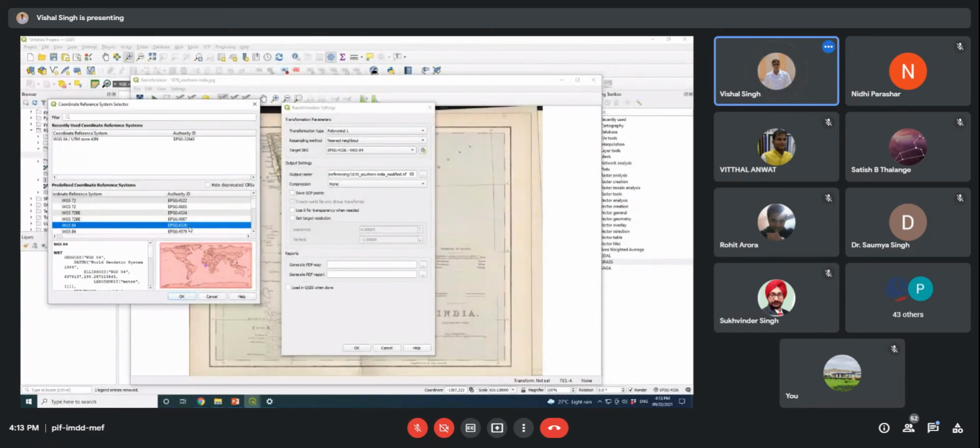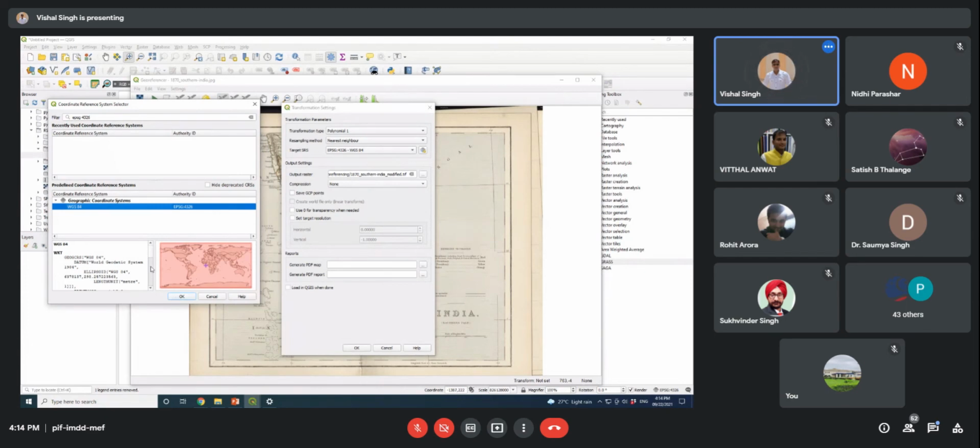Or you can enter here which coordinate system you want to use, write it here and select it. If 4326 is not displaying, you can type EPSG 4326 and it will automatically come. So coordinate reference system, geographic coordinate system. Now you can see WGS84 EPSG 4326.